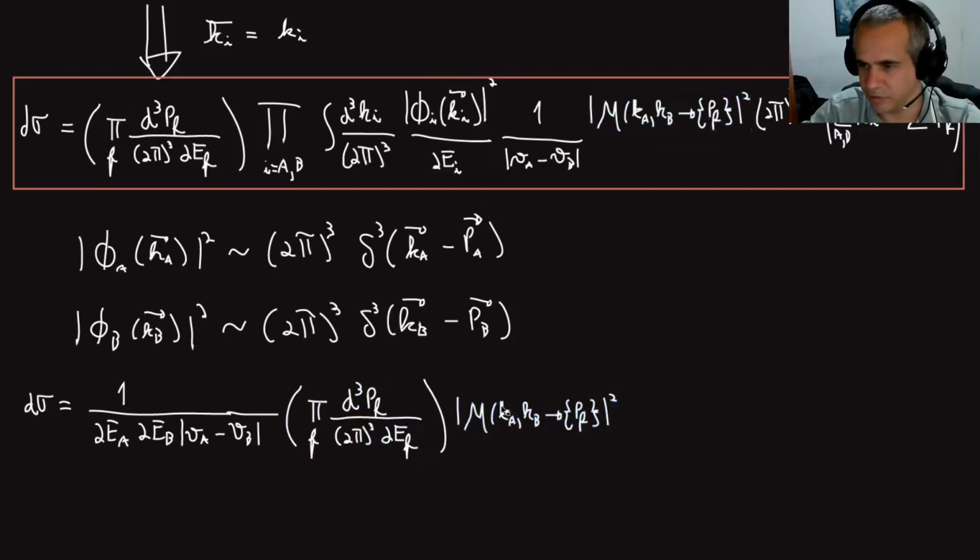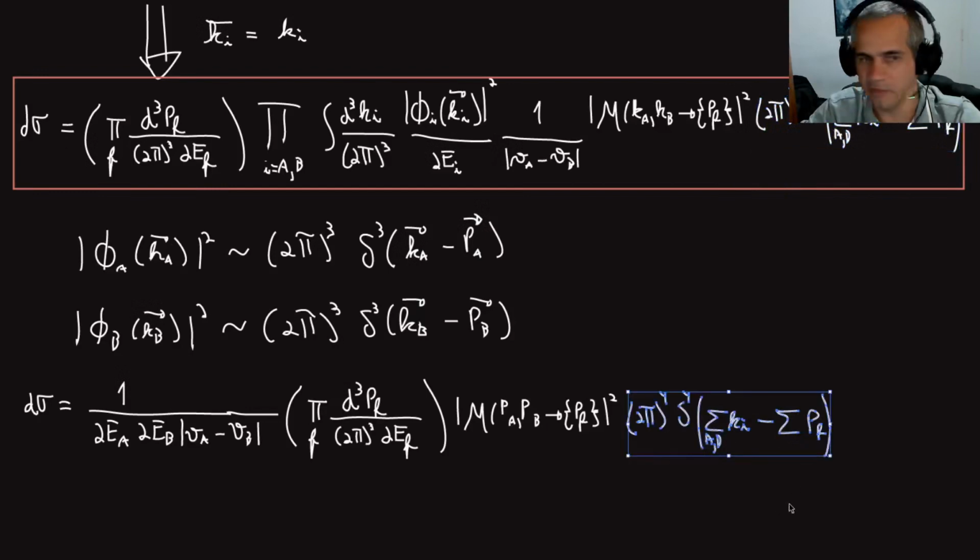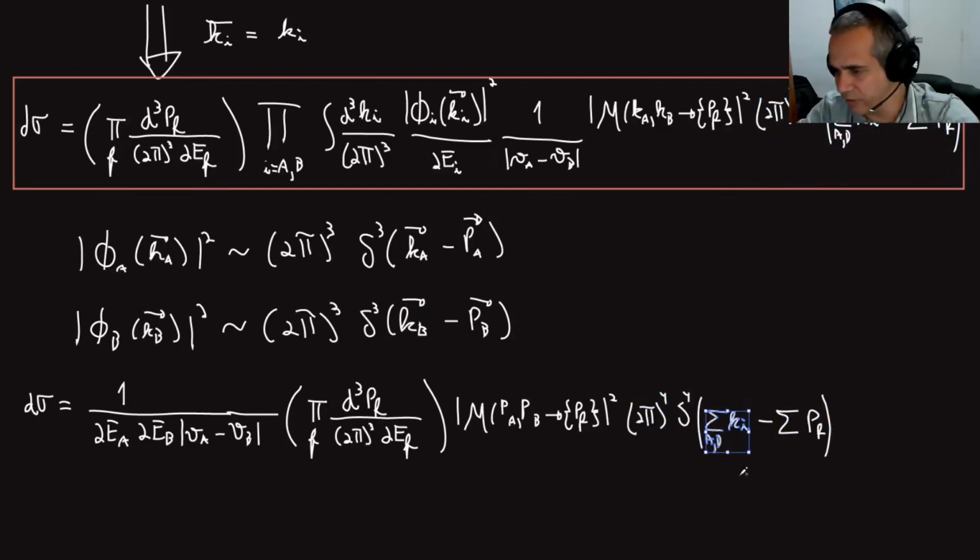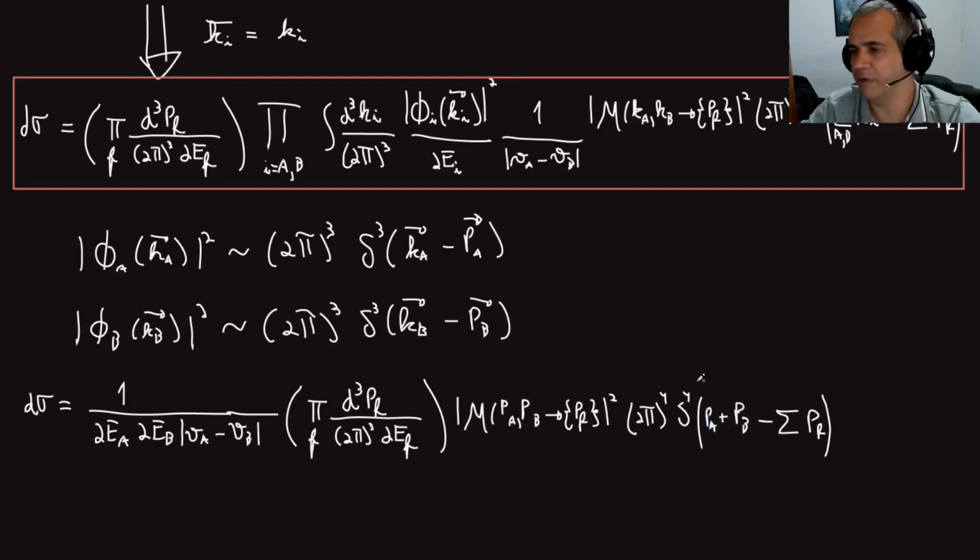There is this factor, which comes down here, and now I just have to exchange K for P, PA and PB. And this one that I'm carrying around because I like energy and momentum conservation, to be very explicit. You can see, also I need to exchange PA plus PB here for momentum. And I will only really use this one when I go to the full cross section, because when I'm integrating on these, then I can use that energy and momentum conservation. That's the best way of doing it, because this